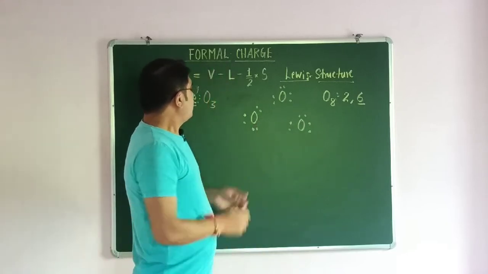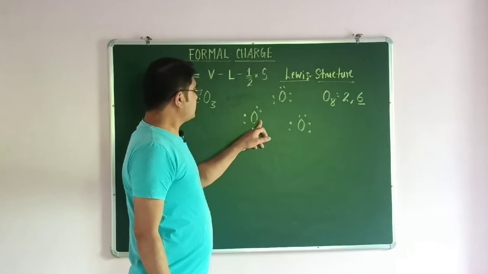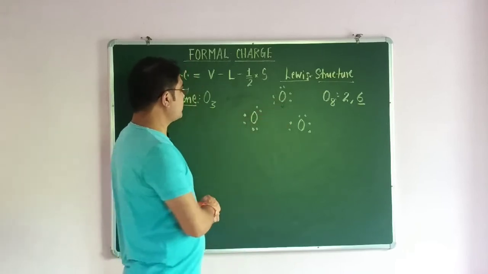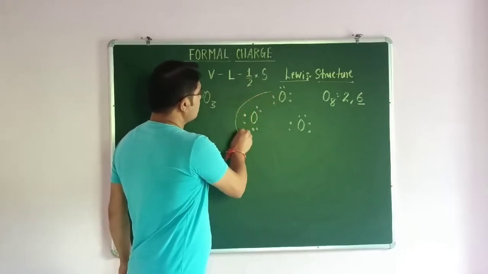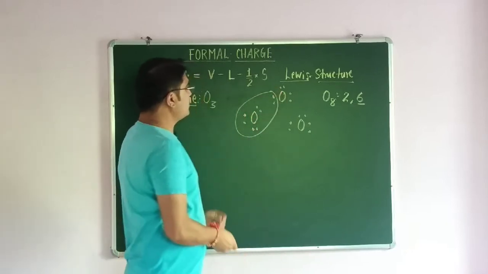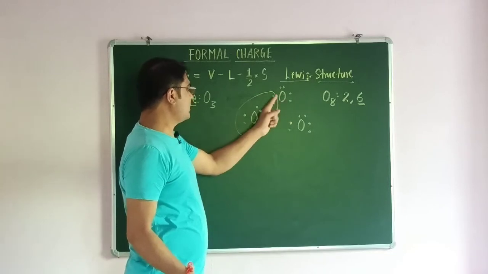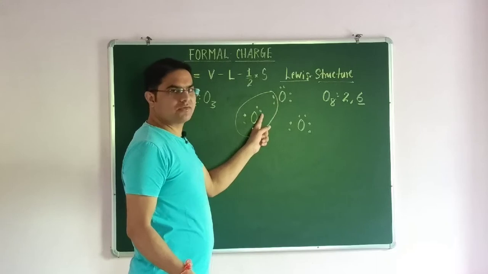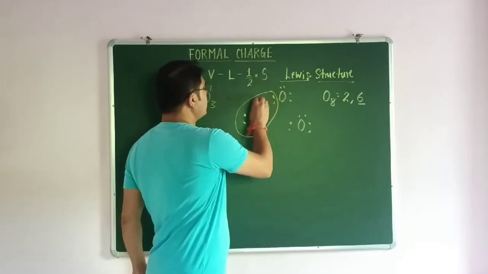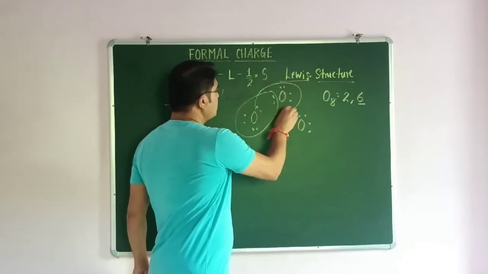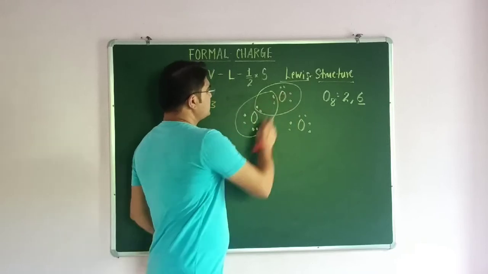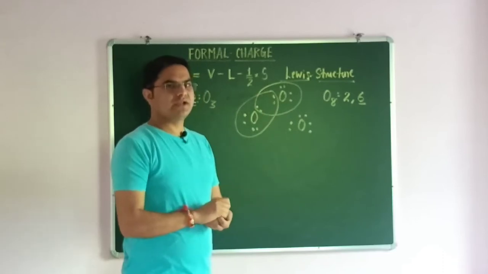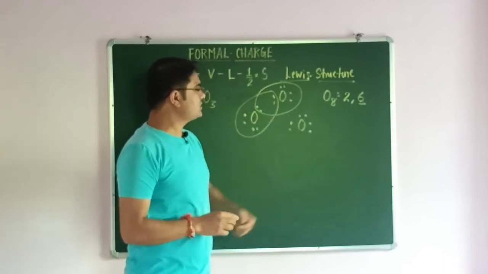Now the very first oxygen atom takes 2 electrons from the second atom so that its octet is complete in this way. Similarly, the second atom is donating its electron. This atom also accepts 2 electrons from this oxygen atom to complete its octet. Now the cases for these 2 oxygen atoms are over. Their octets are complete. Now it is the turn of the third oxygen atom.